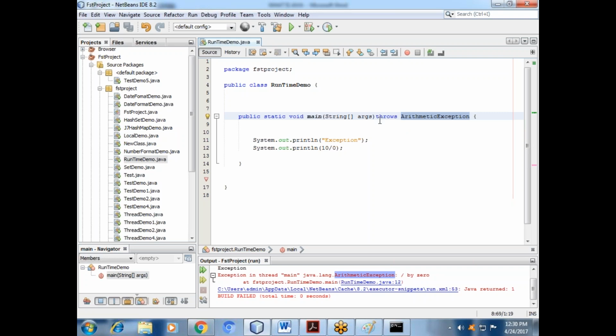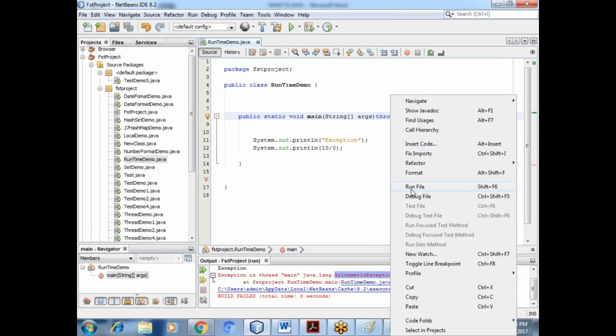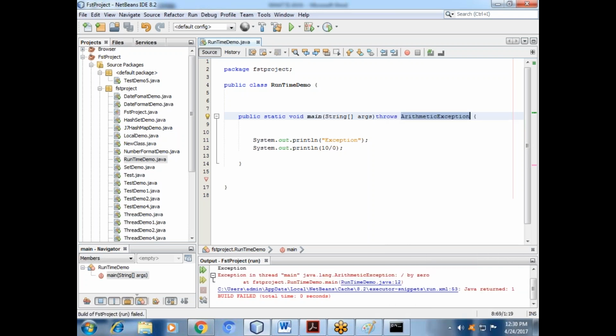So we can declare it through the throws keyword also. See, we will run it. Now I will change it based on our requirement. You can write this program. That's better. Then I will go to another also.